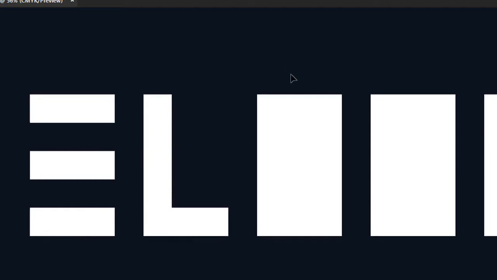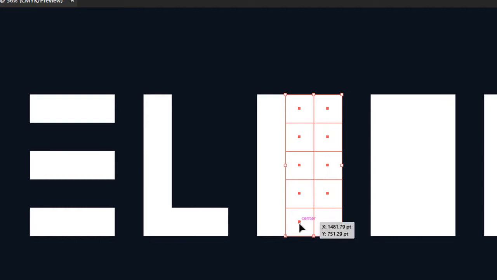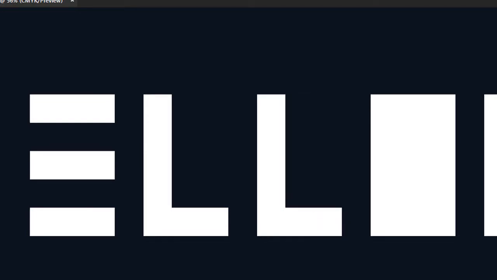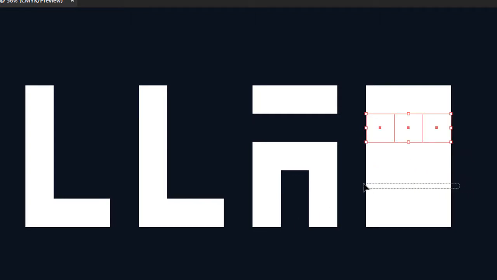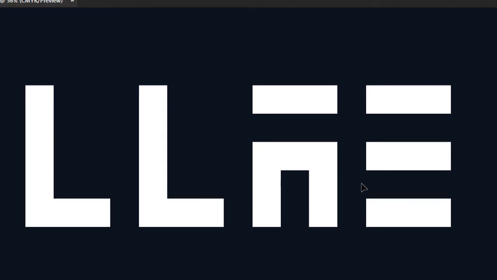In your own case, maybe you'll be creating a logo for another company that has a longer company name. So it depends on how you'll be working on the project, but this is just the basic idea on how to create logo design using perfect squares. So I'm deleting the last unwanted part from the E. So after doing this,